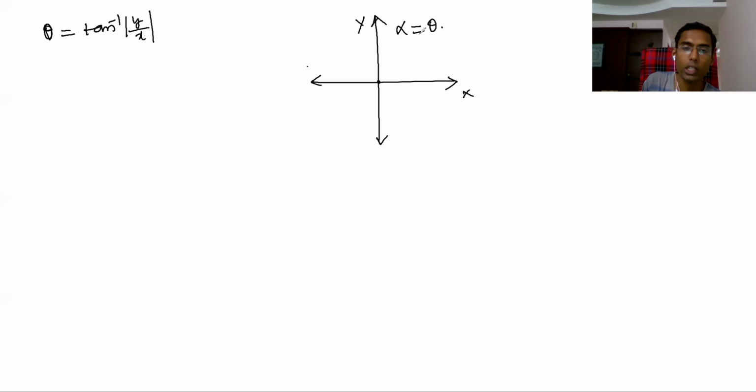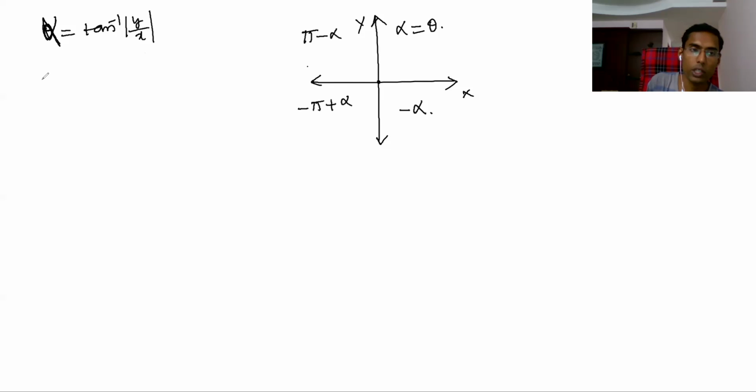If you take theta, and this if you take alpha, alpha I am taking as tan inverse mod y by x, then argument, let's say theta is the argument, theta equal to alpha in the first quadrant. Second quadrant, pi minus alpha. Please understand, third quadrant, minus pi plus alpha, fourth quadrant, minus alpha. This tan inverse mod y by x is what I am taking as alpha. Please understand this one properly.